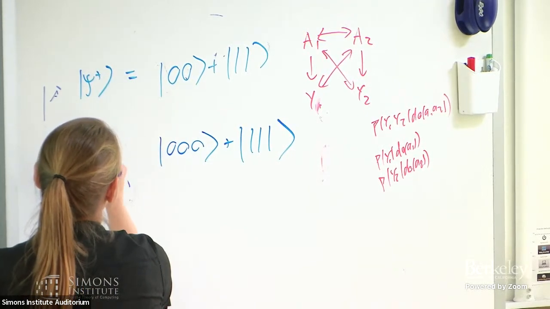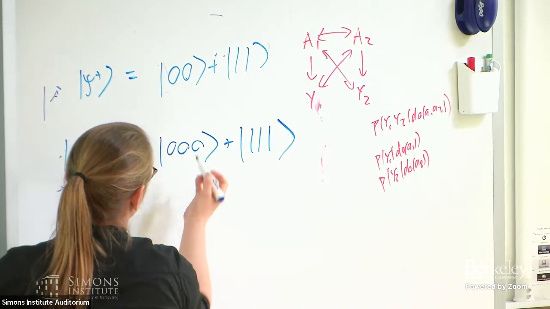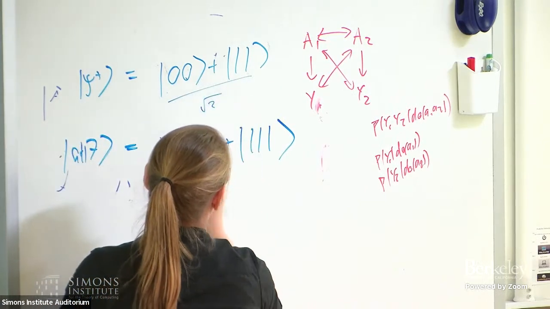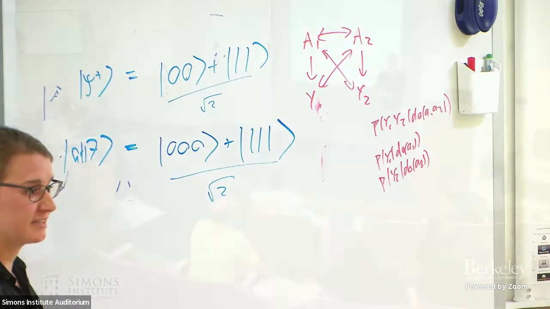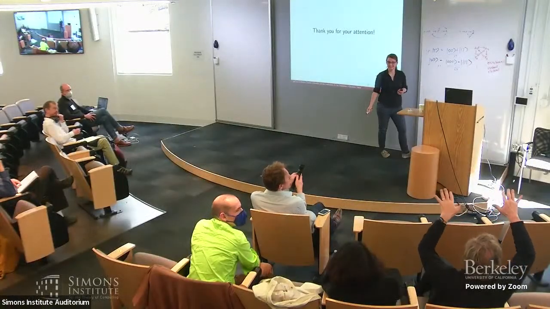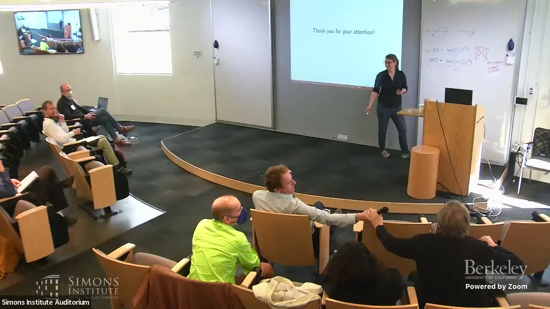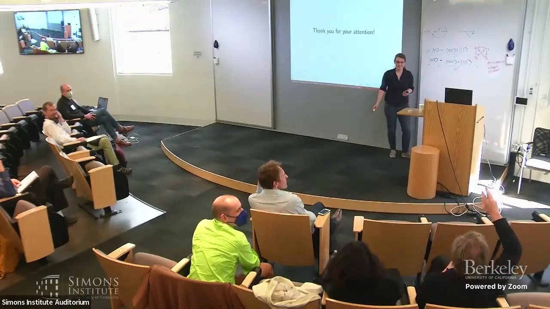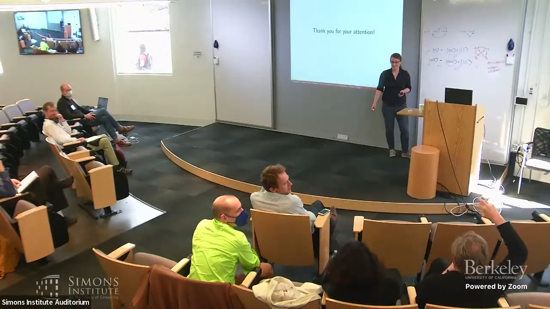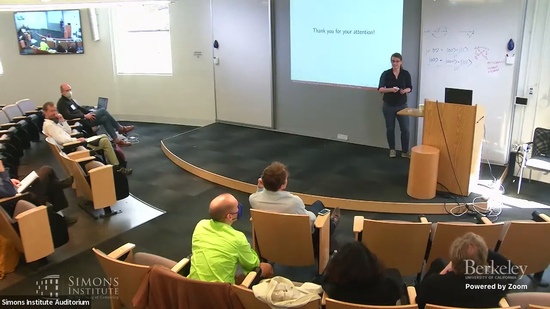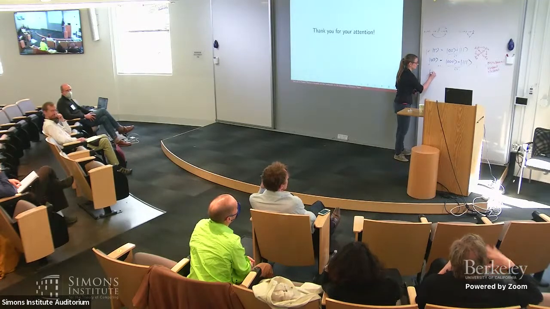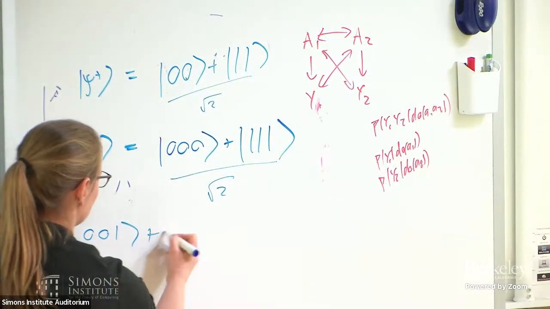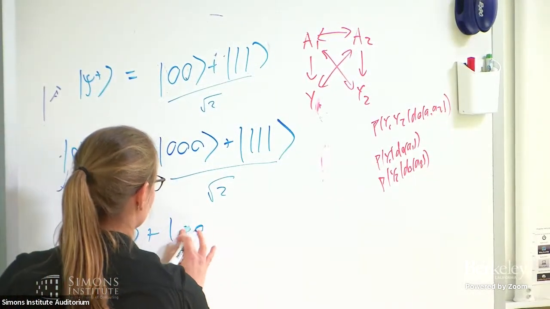And then there is also a GHZ state. I guess we normalize as well. No, that's not the GHZ state. It's an equal superposition of 4 different entangled 3-particle states. It's not a two. So you mean the W state? Maybe this would be 0, 0, 1 and 1, 0, 0.